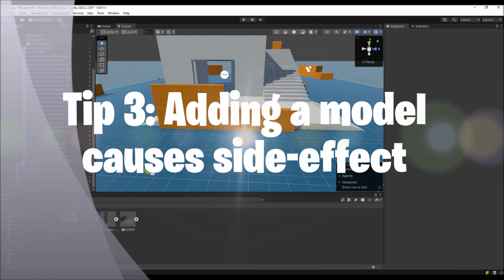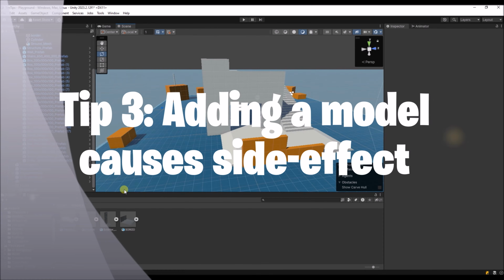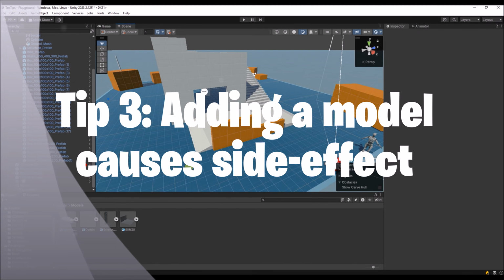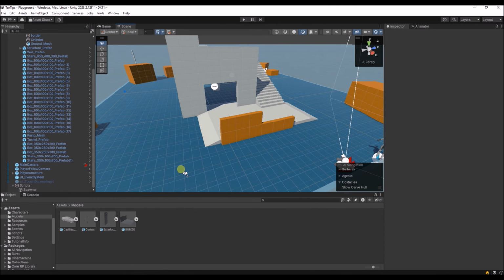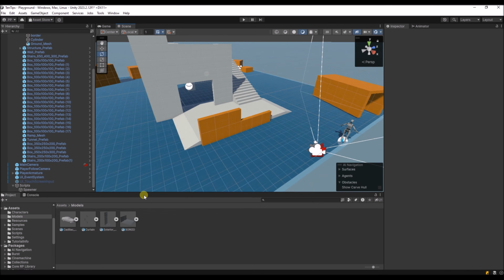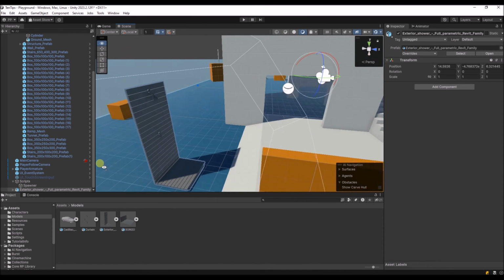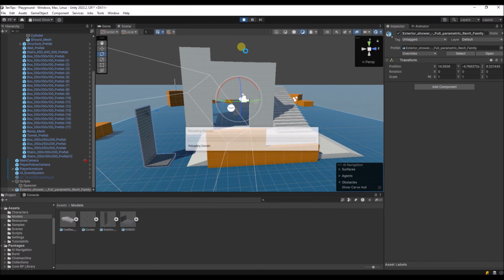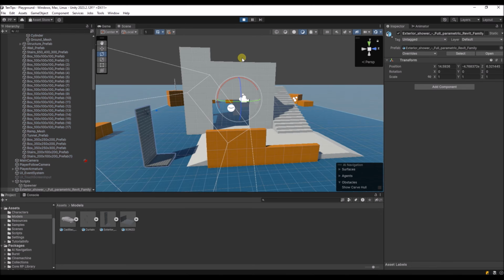Okay, now for tip number 3. You probably want to use some 3D models from the internet. You can download many of them for free from sites like TurboSquid. I've added a few over here. Sometimes when you drag one of these objects into the scene, this is for example a shower, and now you try to run the game,